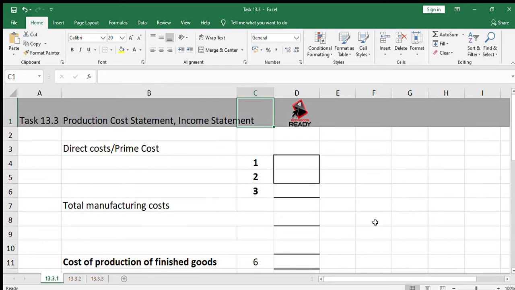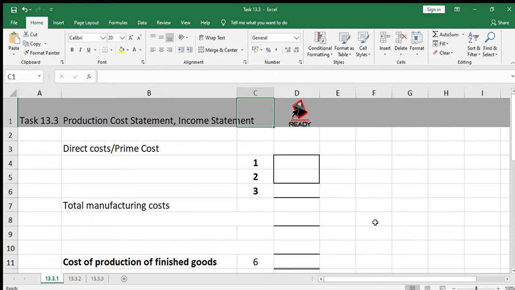Hi guys, today I'm going to be doing task 13.3 with you in your textbook. You will then try 13.2 for homework. And please look at the detailed illustrative example as well as the formats which you need to learn from your textbook. You'll find all of this from page 508 right up until 530. Task 13.2 you're going to do for homework, which is due on Monday, and we're going to